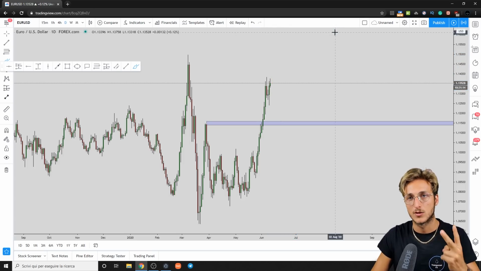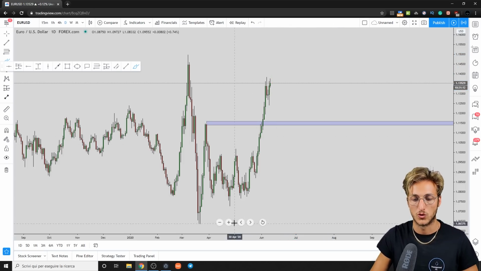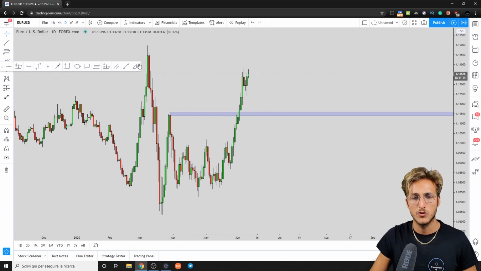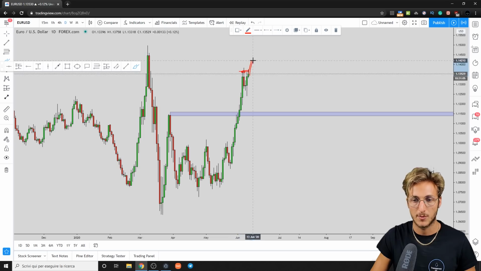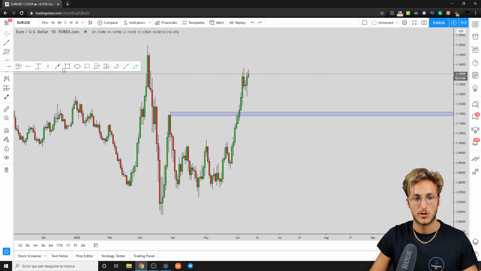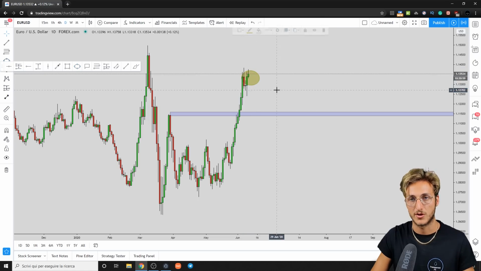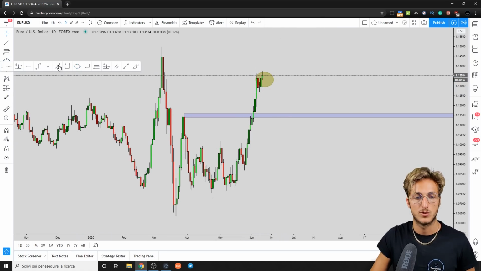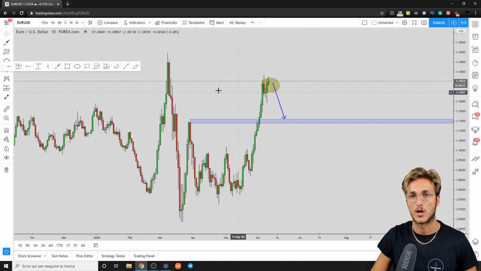But at the moment there are two possible scenarios for Euro USD. Now, if Euro USD, before breaking above this structure, so before breaking above this high, shifts from a 4-hour perspective from a bullish market to a bearish market, then with students we will be waiting for one of our valid entries. And as soon as the market provides us one of our valid entries, we will be taking a nice short,